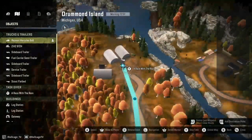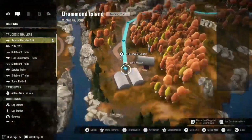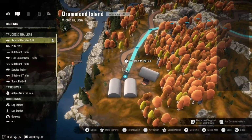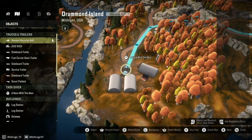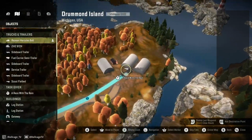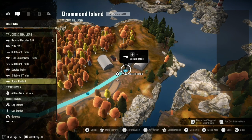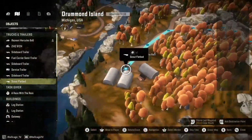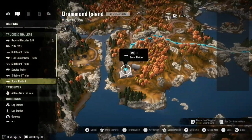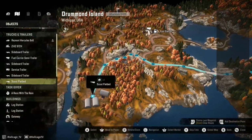What is on this? Maybe I can get away with something even sneakier here. Highlight the trailer. Okay. It has metal beams, which is 2 slots. Yeah, what I can do is...